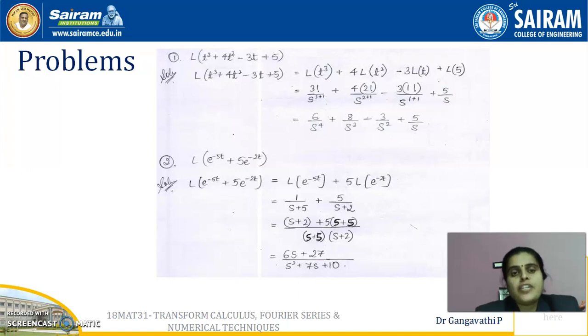So it is an addition of functions, and you need to find L of it. There are a sum of 4 terms. One is t to the power of 3, another one is 4t square, another one is minus 3t, and the other one is a constant. So for L of the whole function, we have just seen the linear property, so use that and split the function. L of the whole function can be split up into L of individual functions. So that is L of t cube plus 4 L of t square minus 3 L of t plus L of 5.